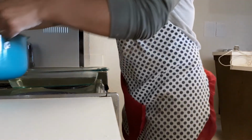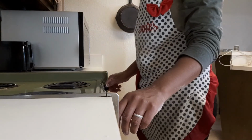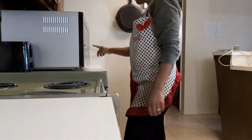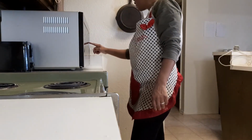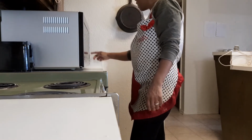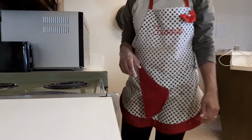Now you're going to turn your oven on to 400 degrees for 1 minute. You're going to let it heat up for just 1 minute. Don't leave it more than 1 minute. You just want it to get a little warm in there. And then we're waiting,